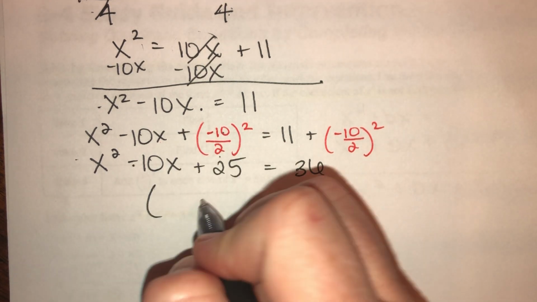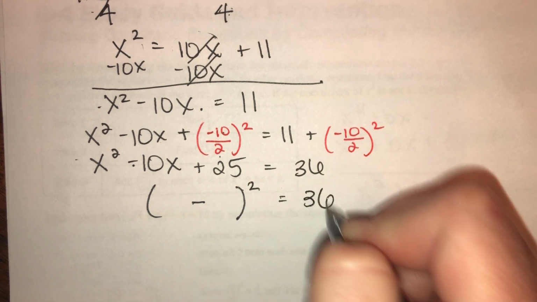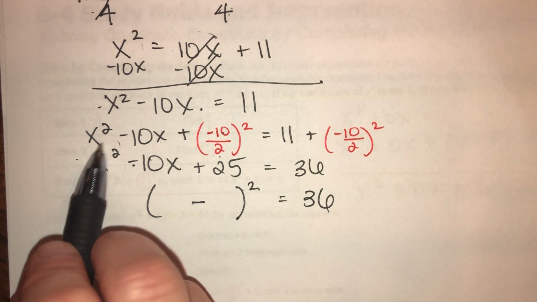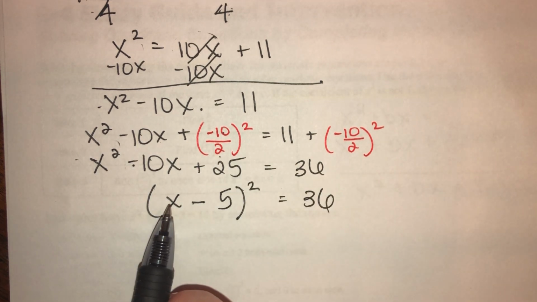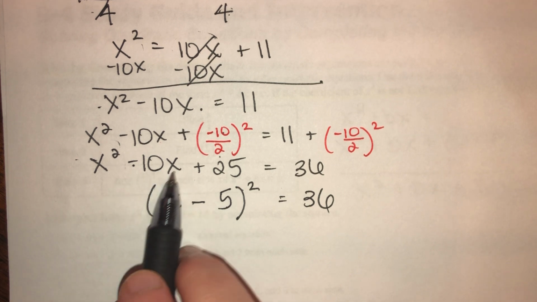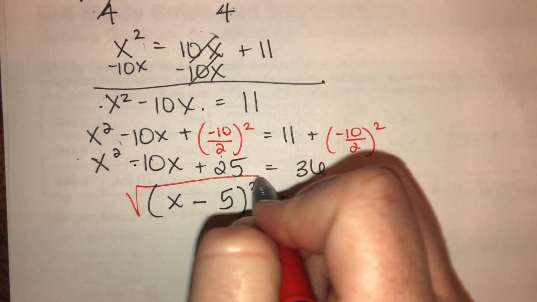It's got a minus sign in the front, so I know I'm going to have a minus sign. When I factor it, I take the square root of the first term and the square root of the last term, and just make sure when you multiply them together and times 2, they equal the middle term. X times negative 5 times 2 is negative 10. Great. So lastly, square root,